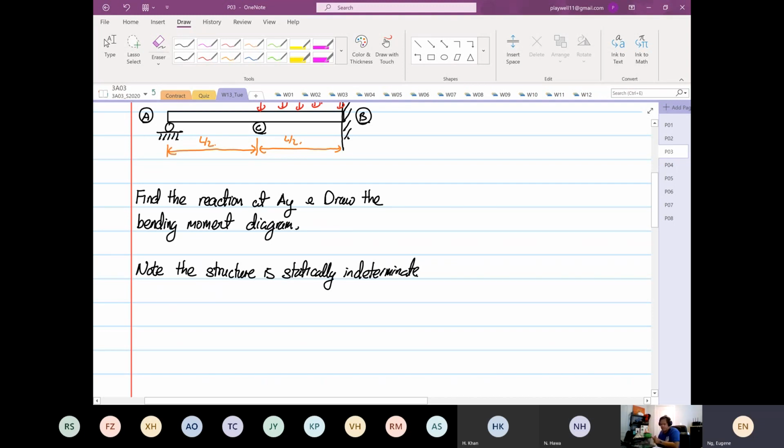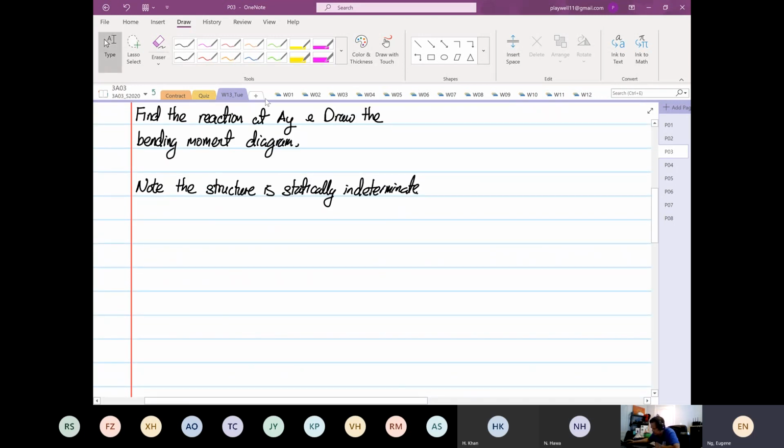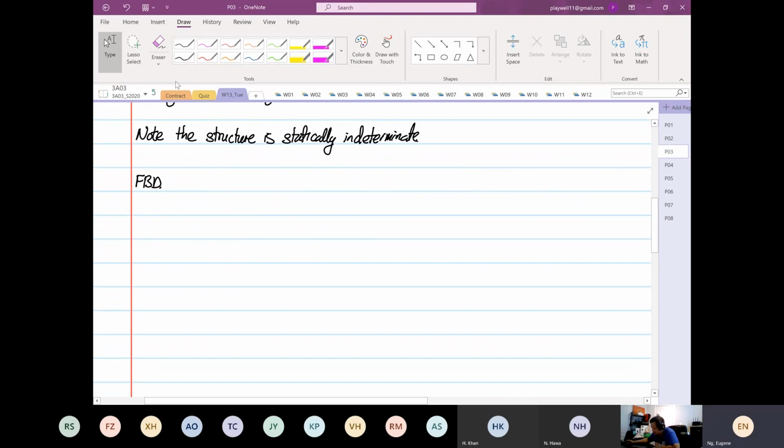Why is this structure statically indeterminate? I'll show you. If we were to draw the free body diagram,